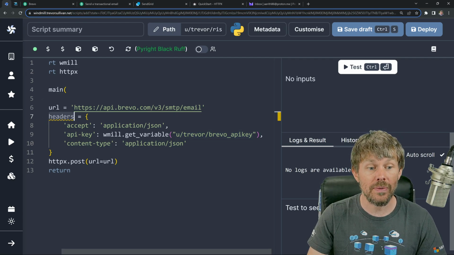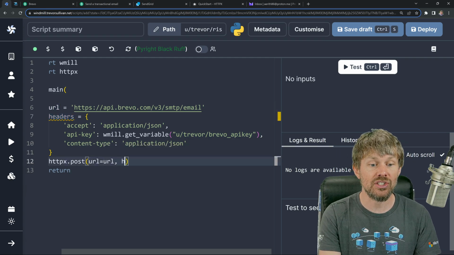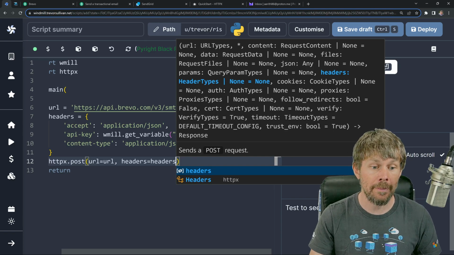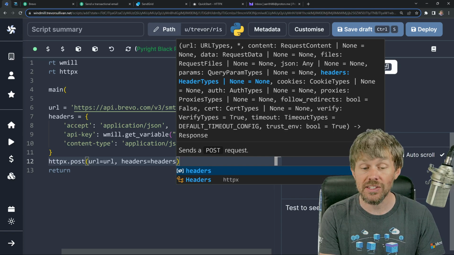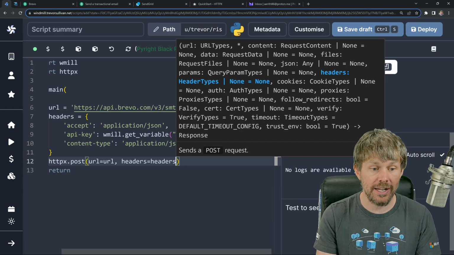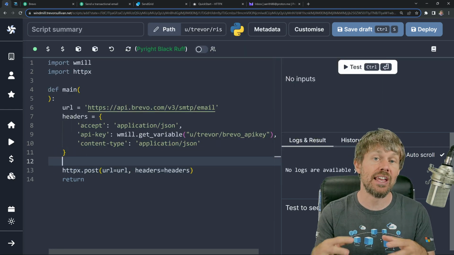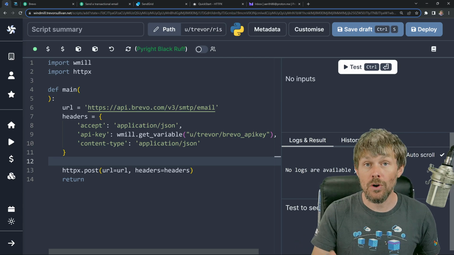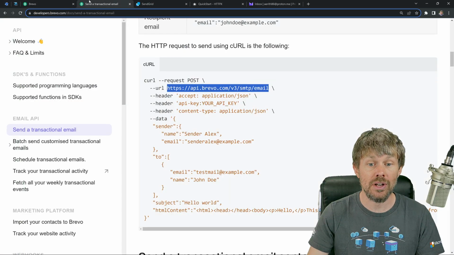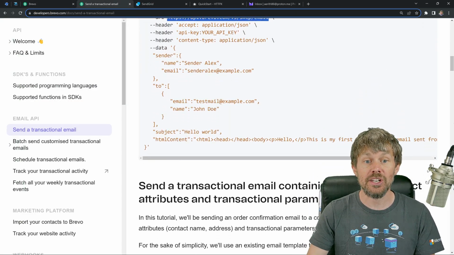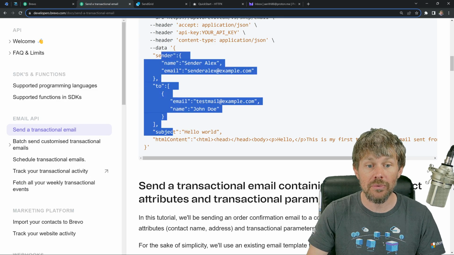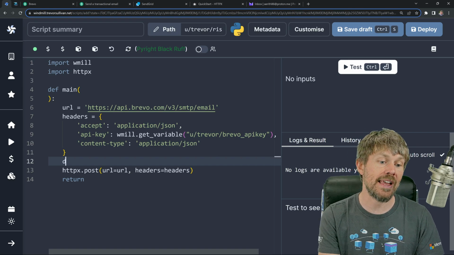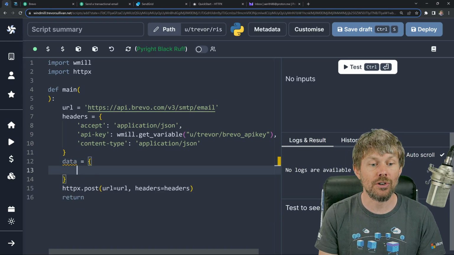So now that we've declared the headers here, we'll go ahead and just add that to another input argument here. So we'll say headers equals the headers variable. And now we also need to specify our JSON data as a payload, right? So we need to go ahead and construct a Python object that represents the same data structure that we saw over in the documentation right here for sending a transactional email. So we need to create a top-level object that has all of these top-level properties and all of the child properties as well. So what we're going to do is say data equals, and then we'll use curly braces for